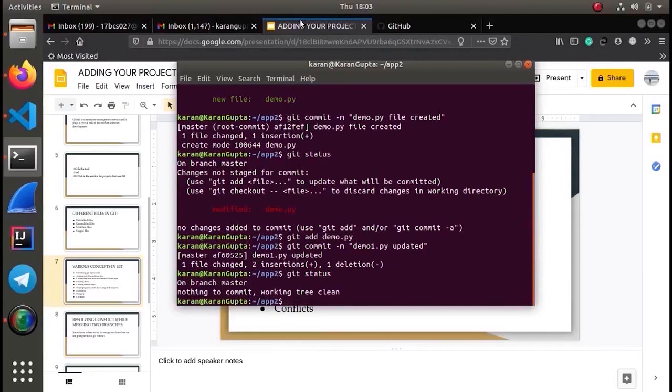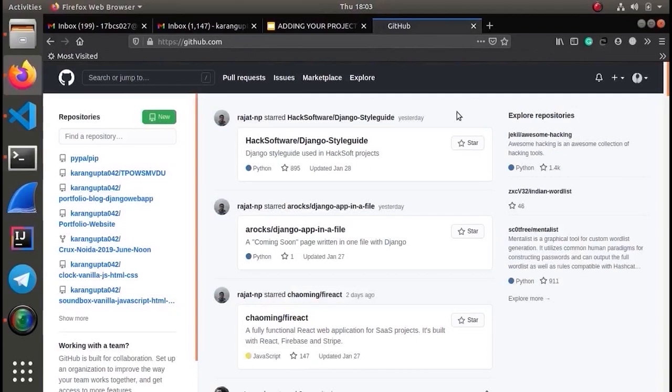So what to do? First of all, we will create an account on GitHub. Since I already have one, I will be using mine. You need to first register on GitHub, then log in, then proceed further. Then we will create a new repository without initializing it with a README. So let's see how it is done.